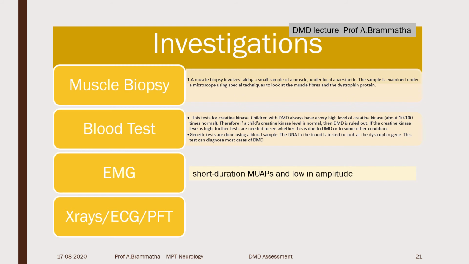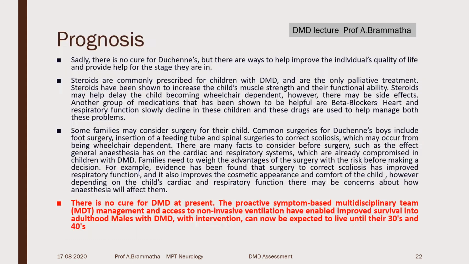And as necessary, X-rays, ECG, and PFT will be done according to the stage. So if you have frequent falls, you look for any fracture, and X-rays will be done. In the later stage you want to rule out any problems. If there is persistent tachycardia, an ECG will be done. To look at the pulmonary functioning, PFT will be done, or maybe in the late stage you want to look for any cardiac problems. There could be a secondary cardiomyopathy. For that, maybe you can go with an angio or a Doppler. So the investigations go on as the need of the patient.